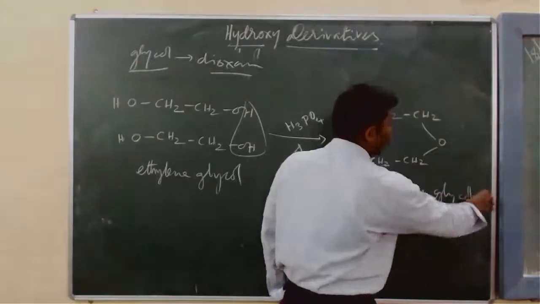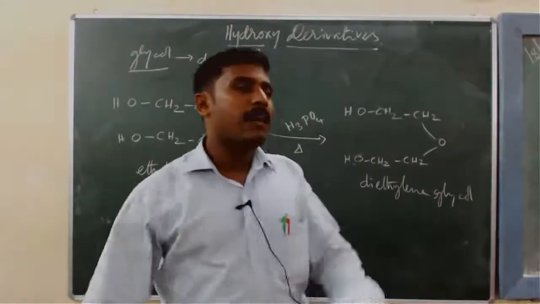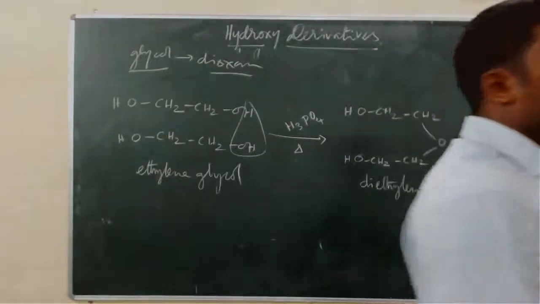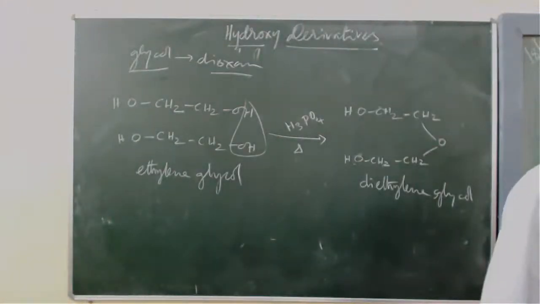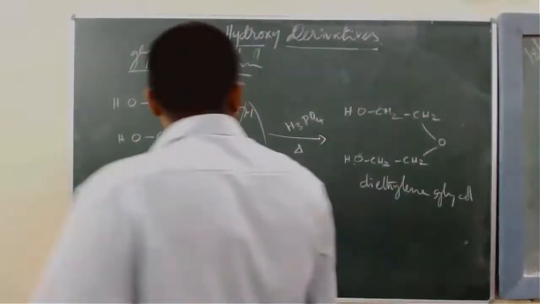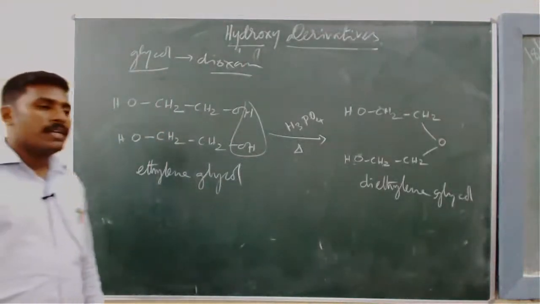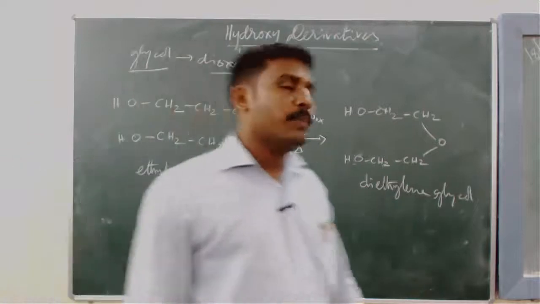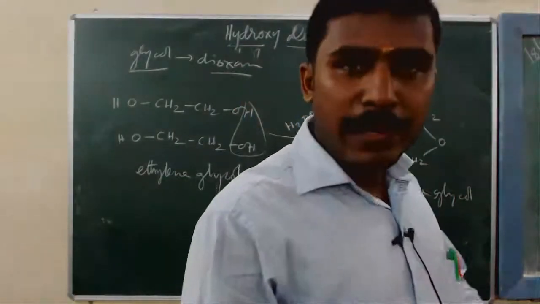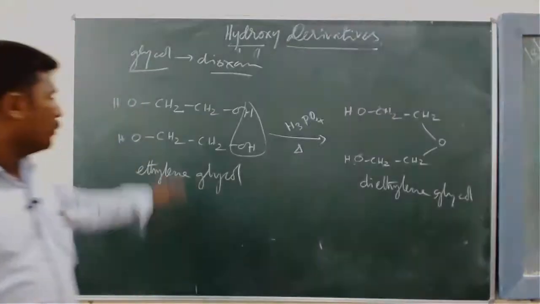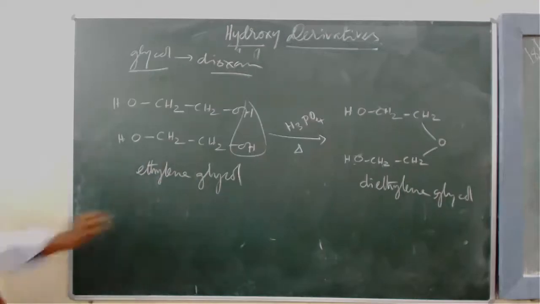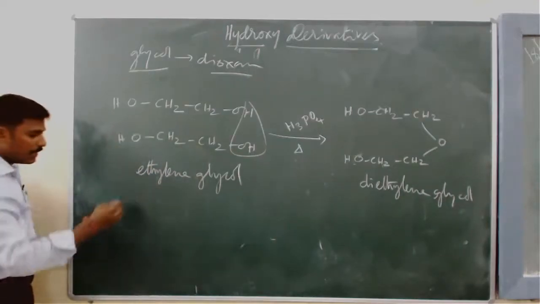Diethylene glycol. That's a linear compound. But our aim is we are going to prepare dioxane from ethylene glycol. Clear? That's another step. In ethylene glycol, we are going to add concentrated sulfuric acid, because concentrated sulfuric acid is the best dehydrating agent. Clear? So, in the very same manner, we are going to add the very same ethylene glycol,